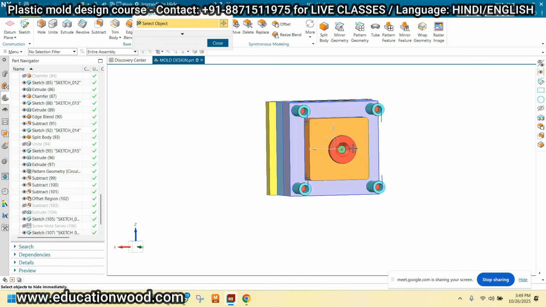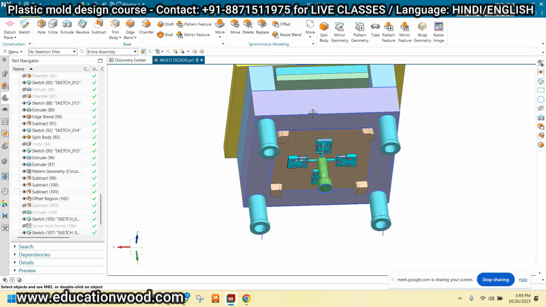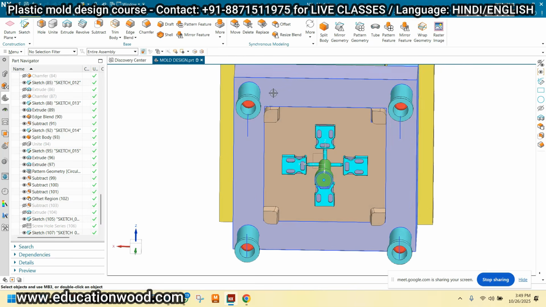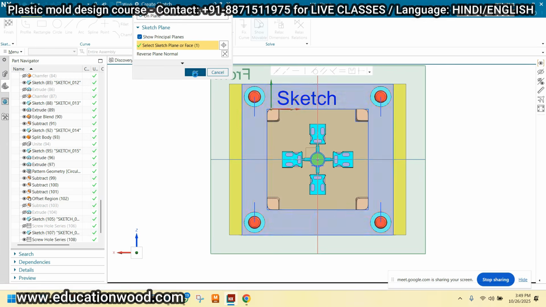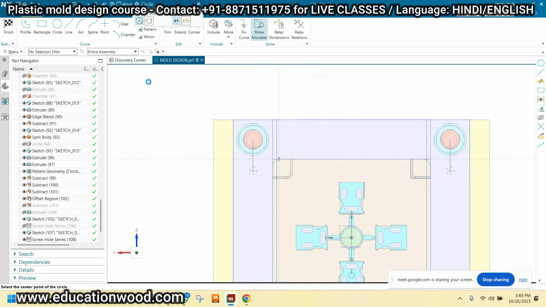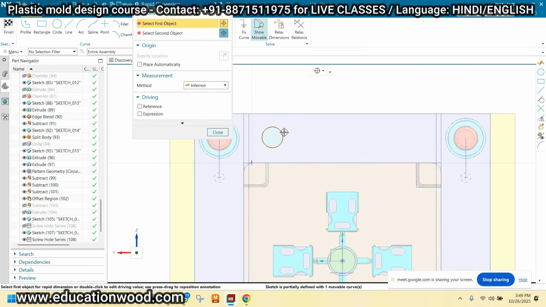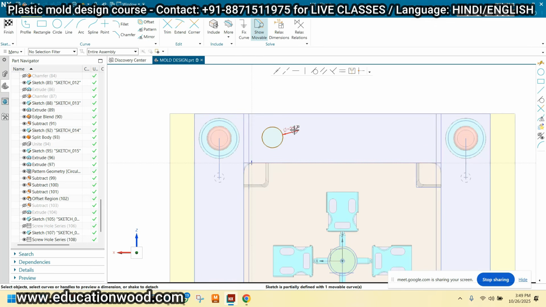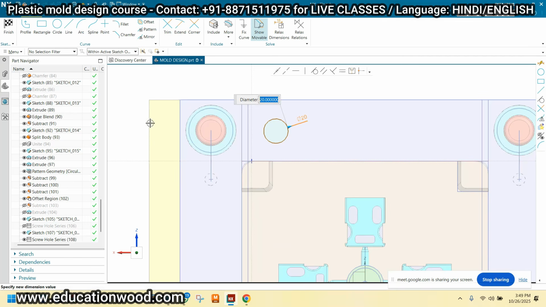So we require a return pin also here. I'm providing the return pin at this location. I'm taking a 20 diameter for this and just click OK.